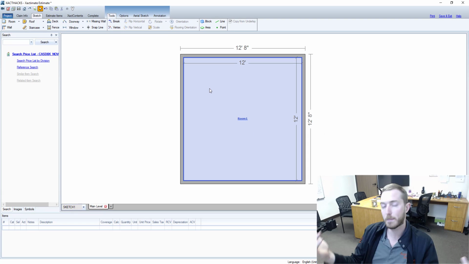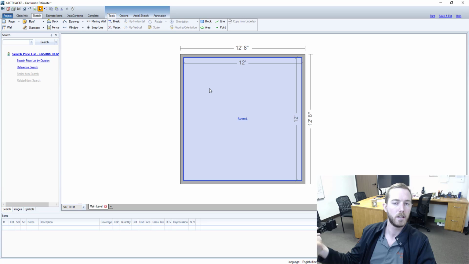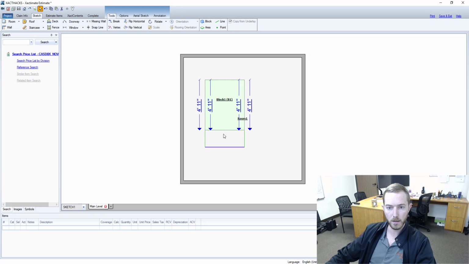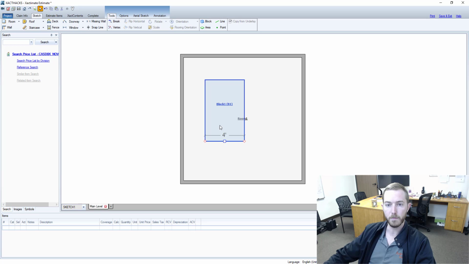It's not going to apply a block to my entire area in the room 1 floor. But if I hit O again, loads up my cursor, and I click and hold and drag, I can create a block as big as I want. And then let's say I want to make this a 4 by 6 block. Boom, now I have a block that I can reference,